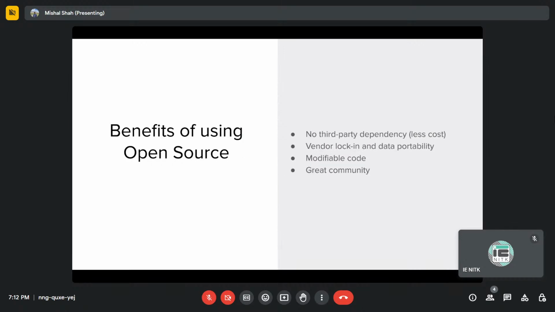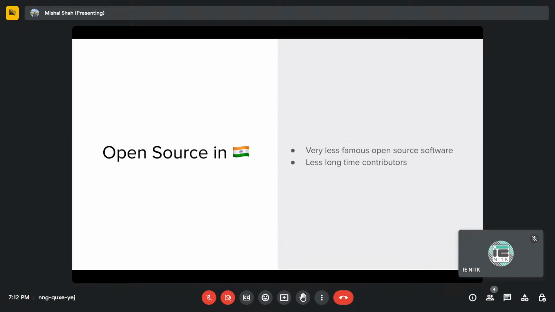But what exactly is it, who will empower open source, who will build it? That's what will come in. Let's take a look at what open source in India is like. In India, there is very little open source software. Any of the famous software you see, like Redis or MySQL or even the ones that were there, none of them are from India. Most of them are from outside. So India lags in the open source software world.